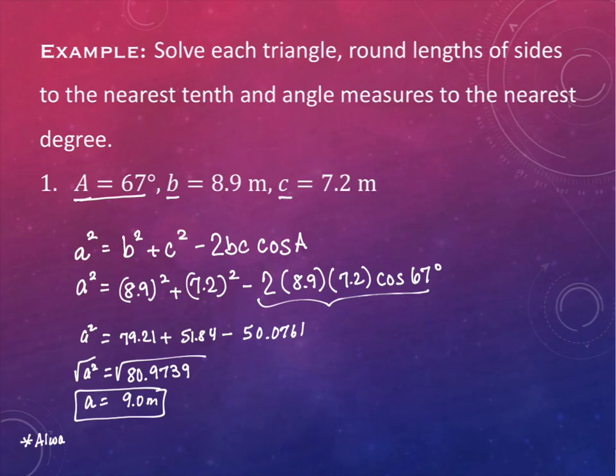We're supposed to solve the triangle, so we have to find all the angles and all the sides, right? We now have all the sides, but we're missing two of the angles. One of the angles is going to be really easy to find because it's just going to be a subtraction feature at the end, but this next angle we actually have to work for, okay? So as we're taking a look at this, the next step here is where it's important to pay attention to what you're doing. We're going to always find